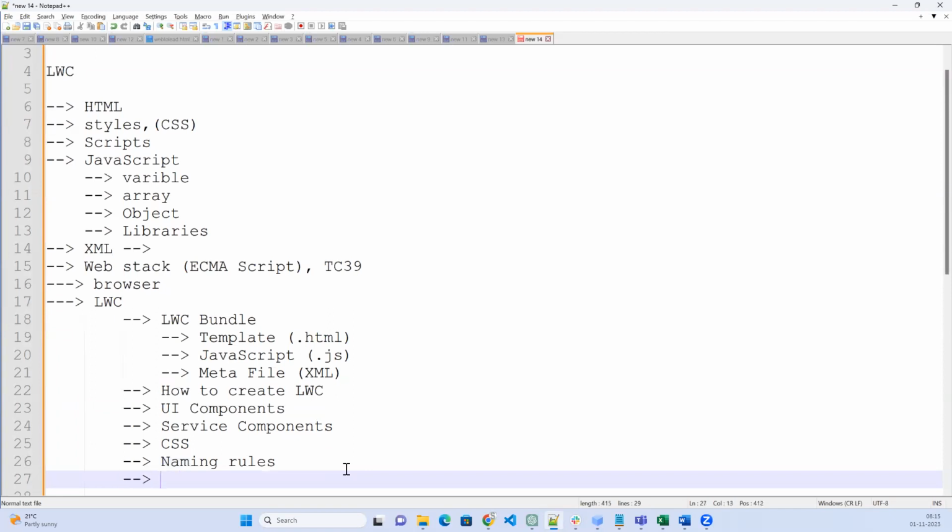And we'll talk about the best practices, like we have JavaScript best practices. We need to apply the best practices in the LWC, as well as whenever we are using JavaScript, we need to apply the JavaScript best practices also. And